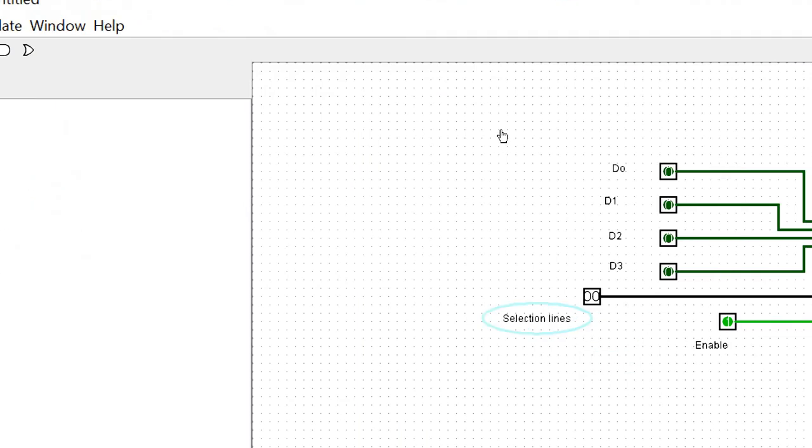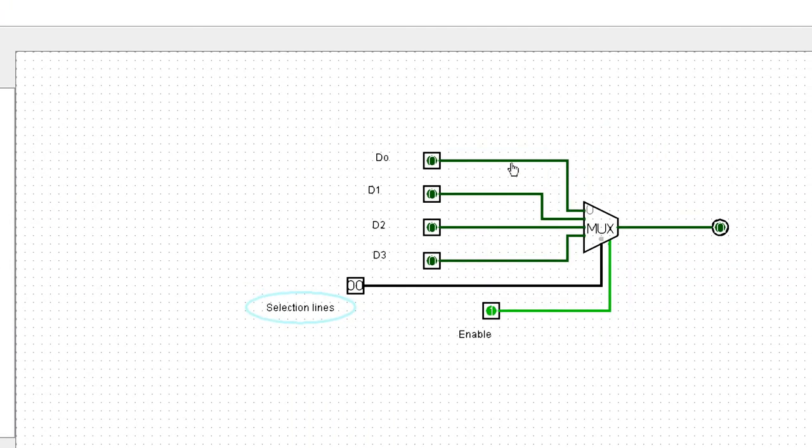Now we have to verify the function of this particular multiplexer. So already from the theory we know that depending on the selection line, the multiplexer will output a corresponding input at the output. Now the selection line is 0 0, so whatever input is connected to D0, that is outputted. So the input here is 0, that's why the output is 0. I will make this D0 to 1. Now you can see the selection line is 0 0, that's why the D0 value is outputted.